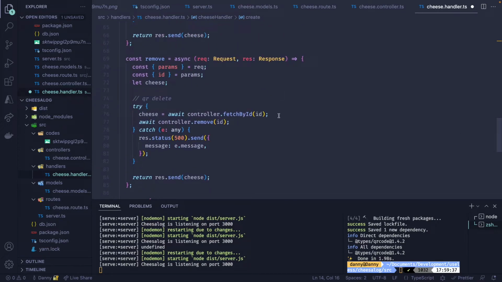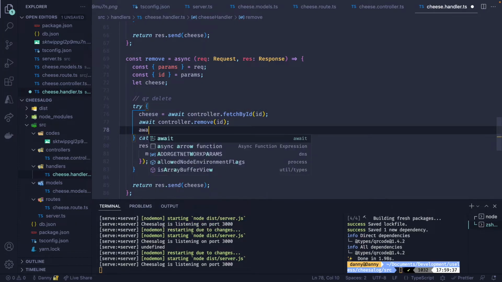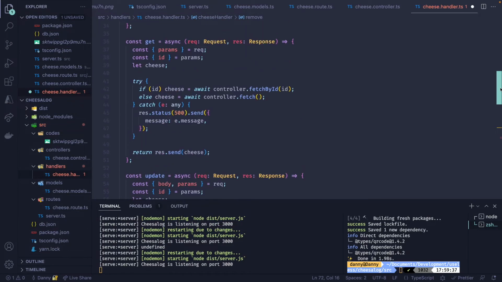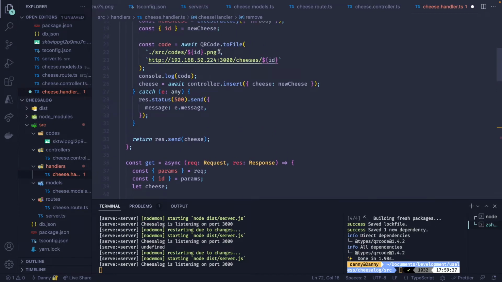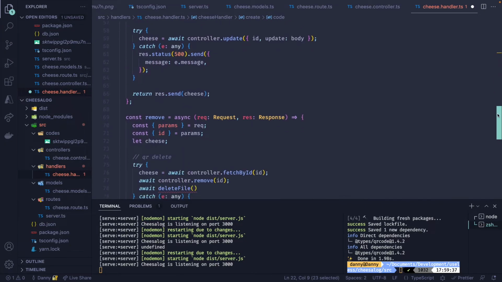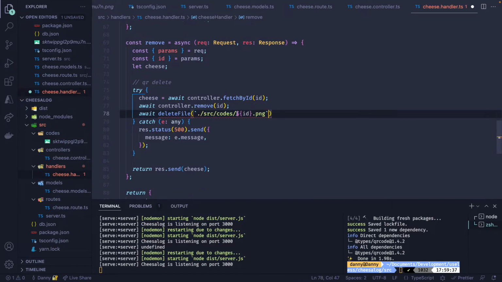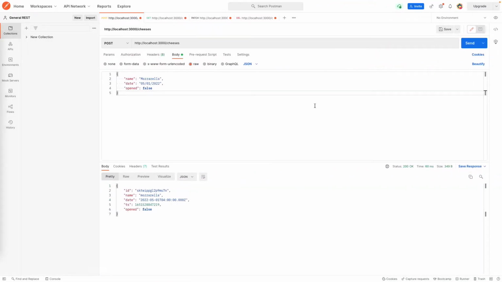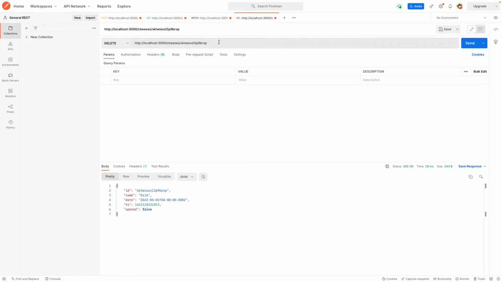And then here, once we've deleted it, we'll go await deleteFile, and we will copy the path from up here. And if I'm not mistaken, that's all that really needs to be done. So let's go here, copy this that we just created, take it here, pass it here,